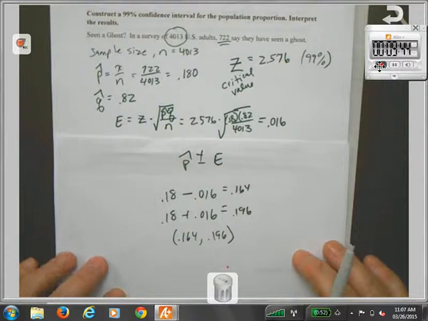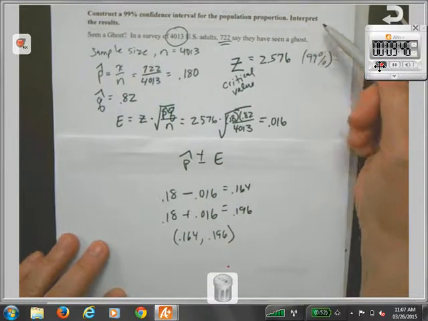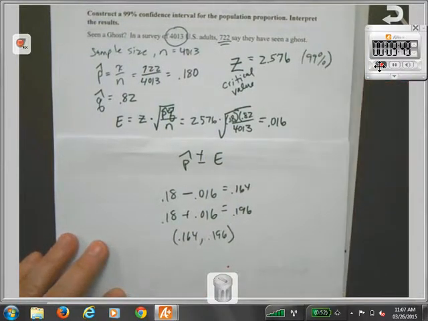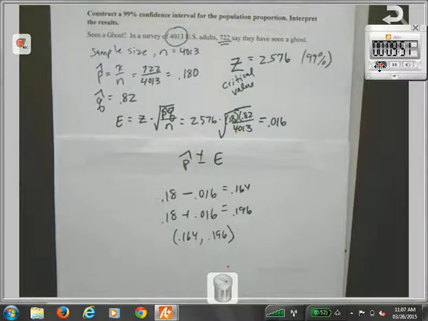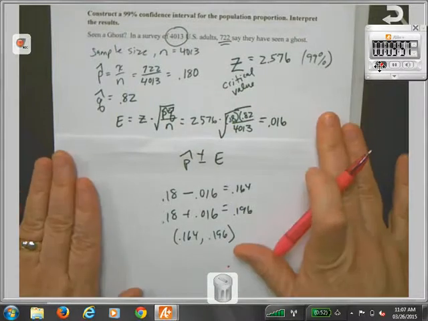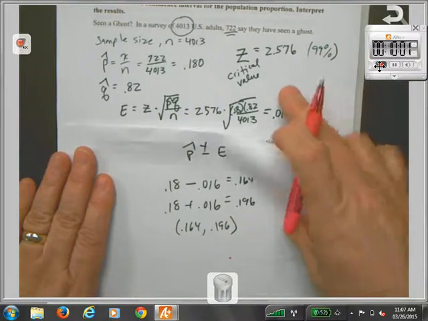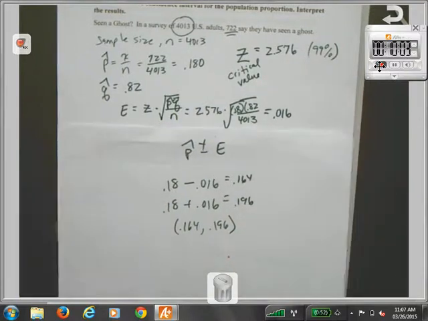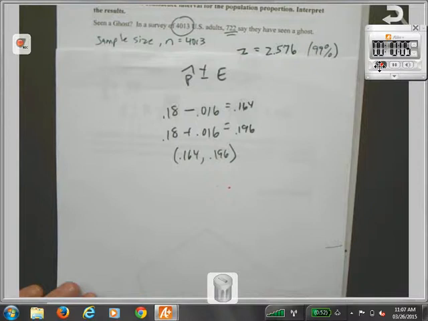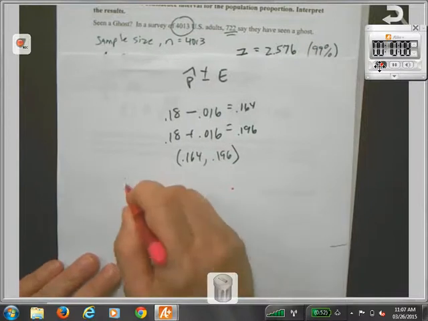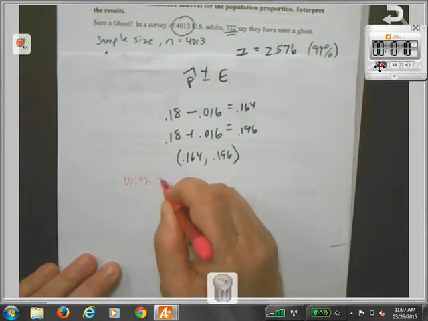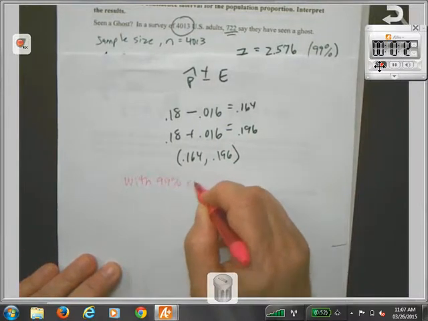All right, this question also asks for us to interpret this confidence interval. So I'm now going to write an interpretation. And this interpretation that I'm about to write is what you're going to write every time, a similar kind of statement with these numbers. So if you haven't already, you should jot down this little sentence. We're going to say, with 99% confidence,